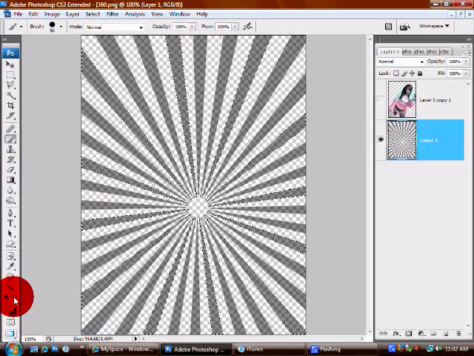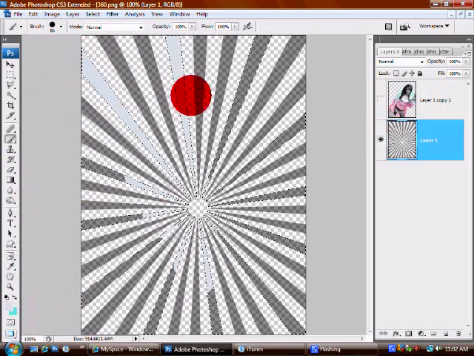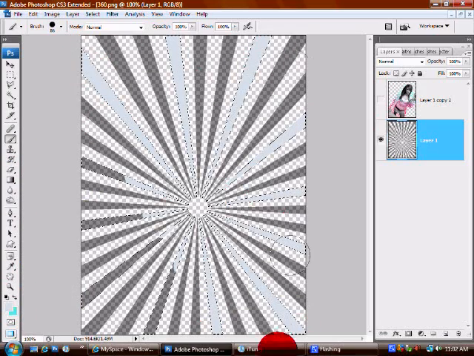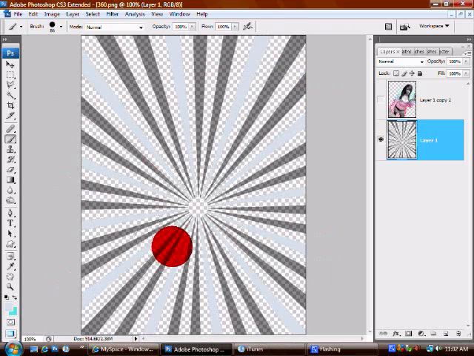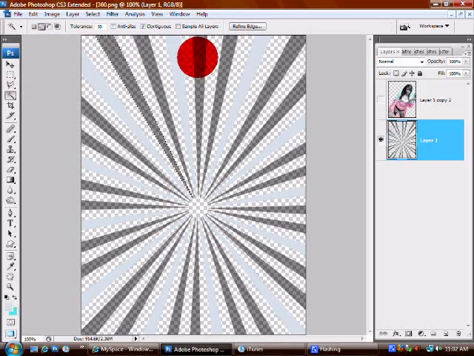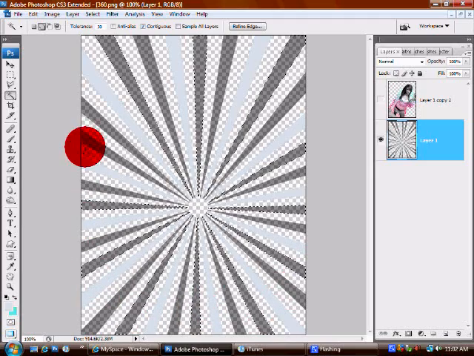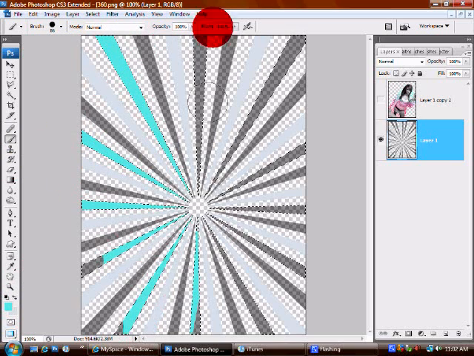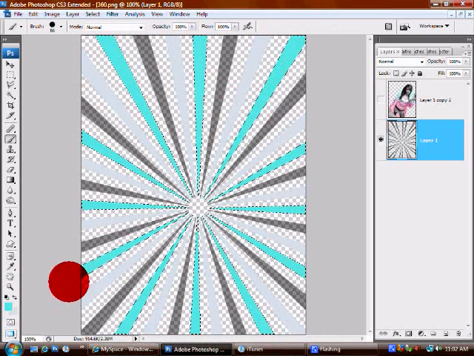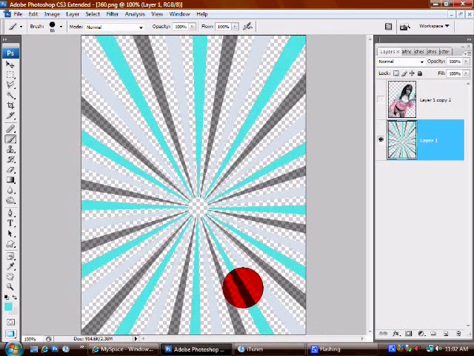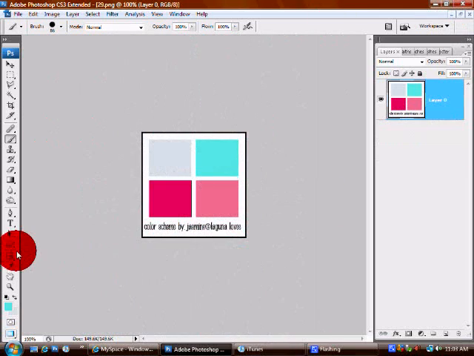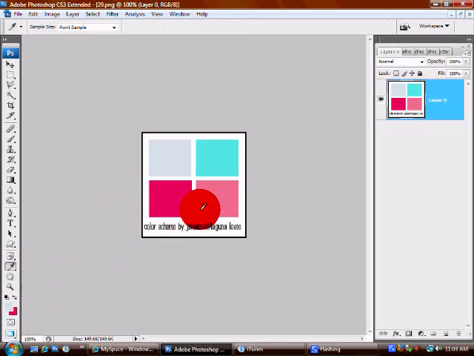And then just make sure your first color is selected and paint it on, or brush it on, whatever you want to call it. Then deselect using your keyboard, Control and D, and then just keep going around the vector with every other two. And then you can switch over to your next color, grab your brush, paint that one on, Control D to deselect, go back to your color scheme, select your last two colors,